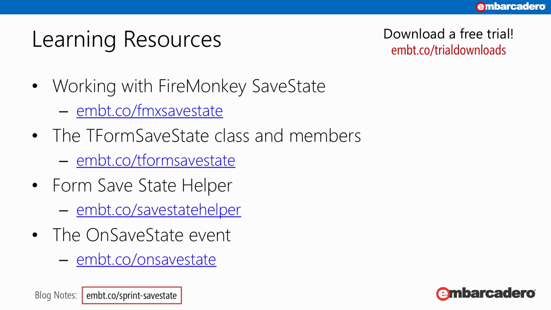The reason is, you could write this in VCL in two more lines of code. All it is doing is saving the memory stream to disk as a text file in the temp folder. Not that complicated, but the reason this is built into FireMonkey is because of the way things happen on mobile devices, where Android and iOS apps can be pushed out of memory when they're in the background. So that's why it's built in to FireMonkey, and it's specifically built the way it is because on Android there